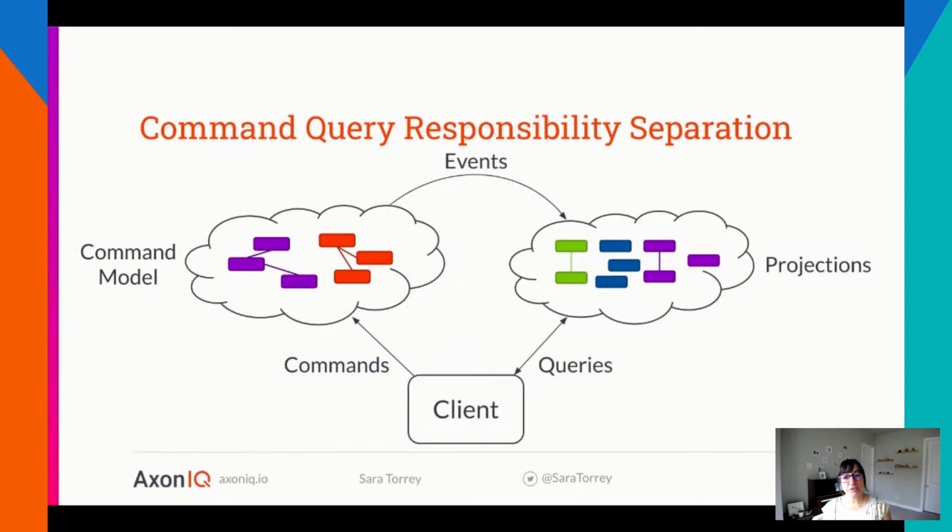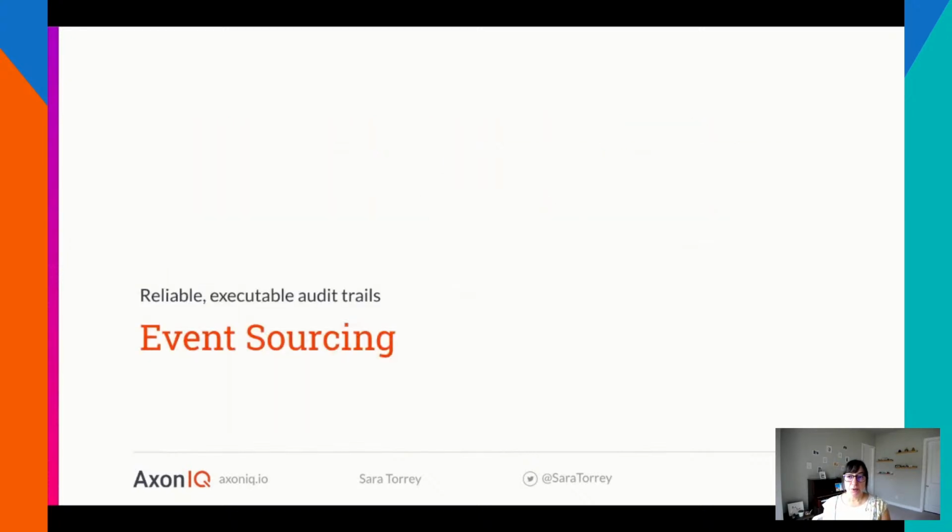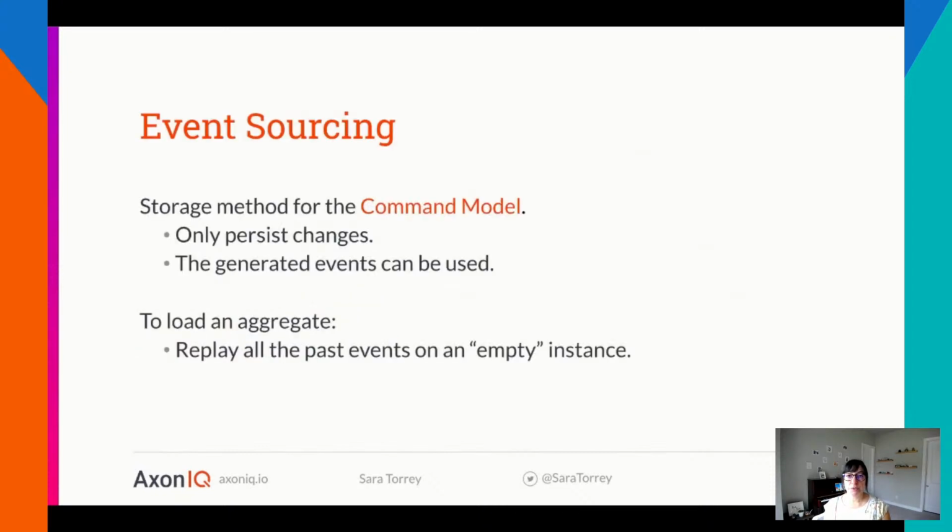And with that, we've covered the overall construction of CQRS-based applications. But we need to do another explanation, which is the event sourcing part, because we did talk about events and the fact that they're eventually consistent and the fact that they have to update both models within an application. Now, let's talk a little bit more deeply about that. Event sourcing defines a storage method for the command model only, not the query model. It's just for the command model, and it is a storage method. The command model is stored by means of distinct changes, essentially different events.